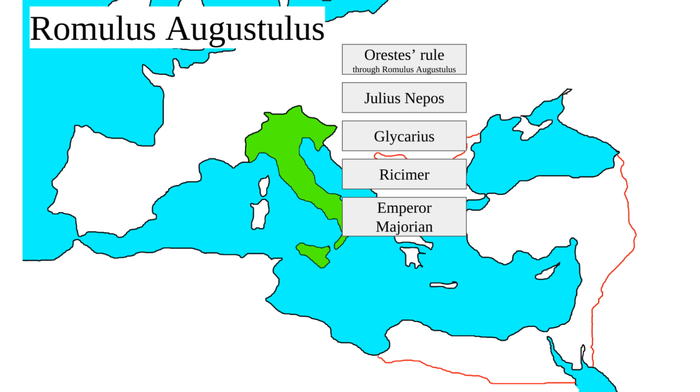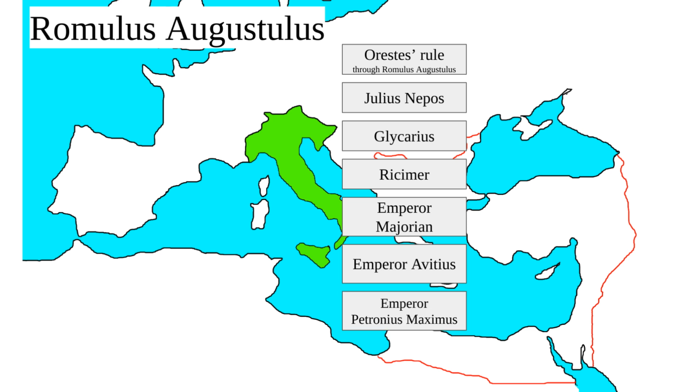Now, Majorian became emperor when he and Ricimer killed Emperor Avitus, and Avitus was proclaimed emperor by the force and armies of the Visigoths after the death of the Emperor Petronius Maximus. Petronius Maximus gained the title of emperor after Valentinian III's death. Many believe that he did it, but if he did, then he did a good job of hiding it, because we only have speculations and inferences. His rule was short, lasting no more than 3 months.